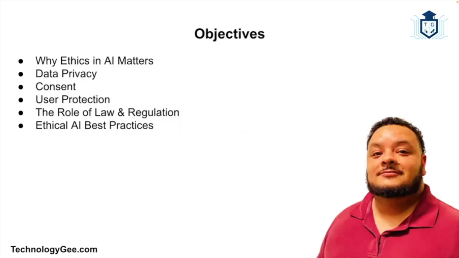Artificial intelligence is changing the world very fast. From chatbots that sound like real people to smart home devices that know when you're out of milk, AI is popping up everywhere. And while it's exciting and honestly kind of mind blowing, it also raises some very real questions like who's watching what we do online? What happens to the data that we share? And can we trust AI to keep us safe?